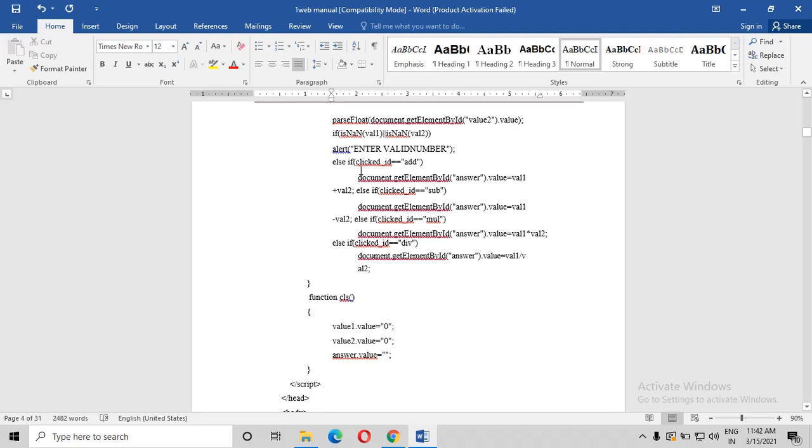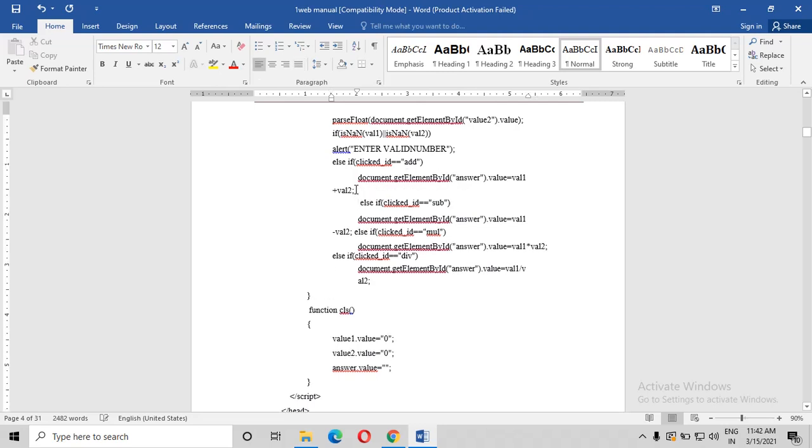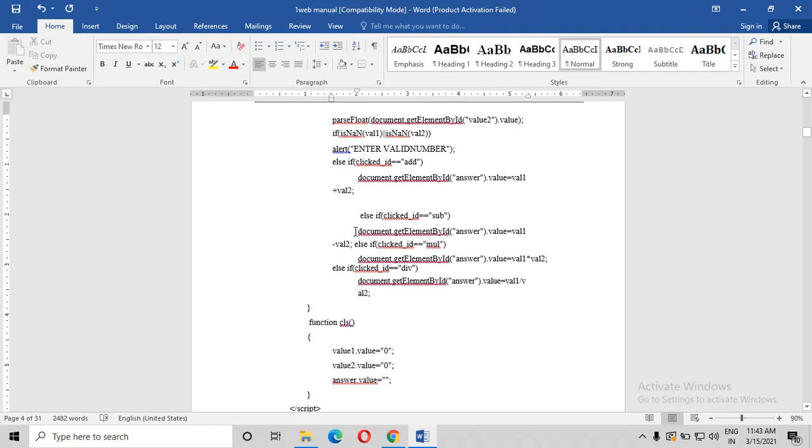Again, coming to document.getElementById, answer, whatever you click, you get in variable 1 and variable 2, and it will give you the result as the answer, that is addition. Else if subtraction, the same thing, else if multiplication, or else it's division. Only 4 operations were asked and we have given only 4, right? Once after that, what is there?